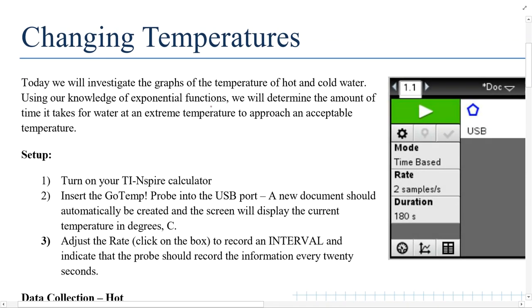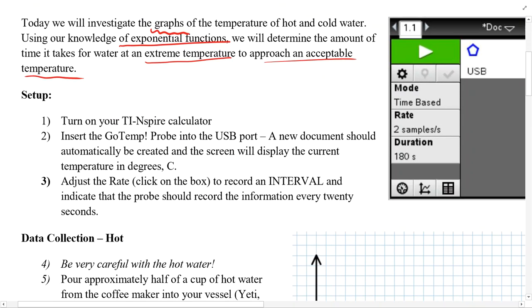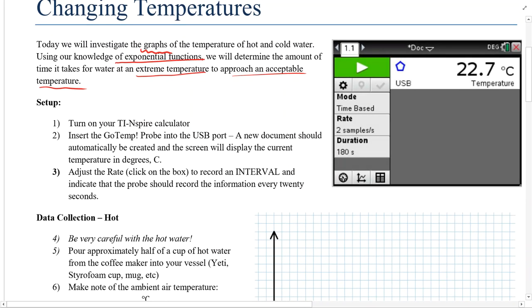We're investigating the graphs of the temperature of hot and cold water, and using our knowledge of exponential functions, we're going to determine the amount of time that it would take for water at an extreme temperature, either hot or cold, to approach an acceptable temperature, something that we could drink ourselves. So what needs to be done first,